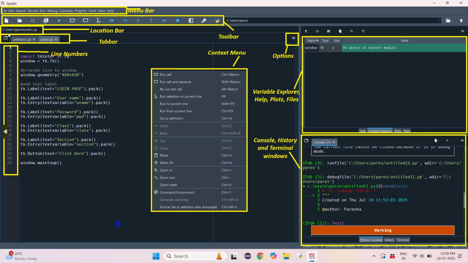Right below the toolbar, we have the part which shows the location of the current file on which we are working. Then we have the tab bar which shows all the active files which are currently open in this environment. On the left hand side, the list of numbers shows the number of lines which exist in your current program. It helps us to trace the sequence of the program